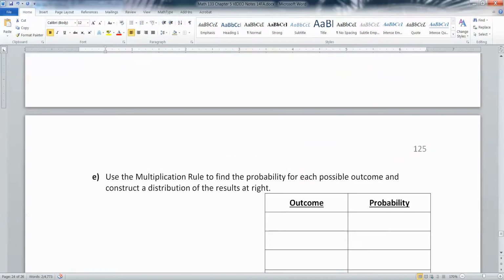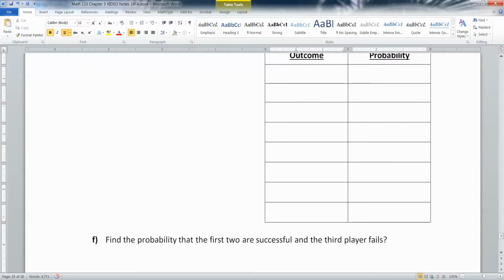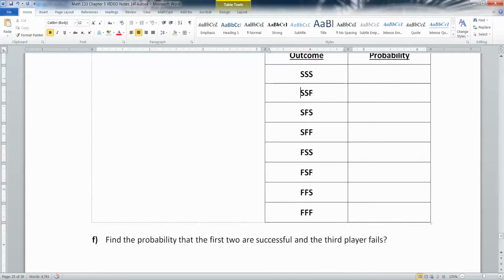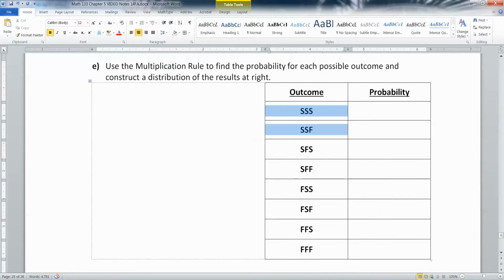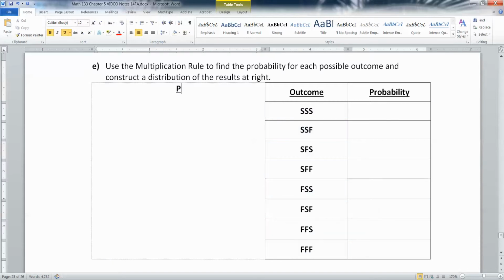Okay, so now we're going to use the multiplication rule to find the probabilities for each possible outcome and construct a distribution of the results at the right. Okay, so let's take a moment and figure those out. One second. Let's start with SSS. Oops, you know what, let me fill this out, one second. All right, here are all the options. We just listed them above on that tree diagram. So let's find the probability of